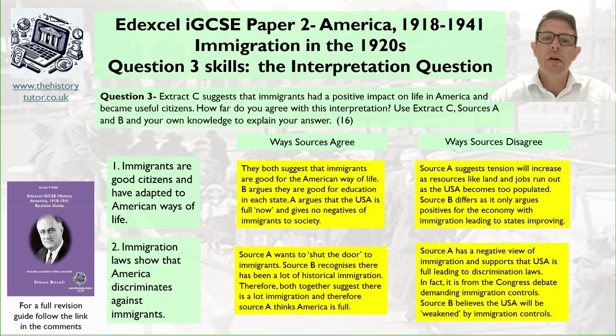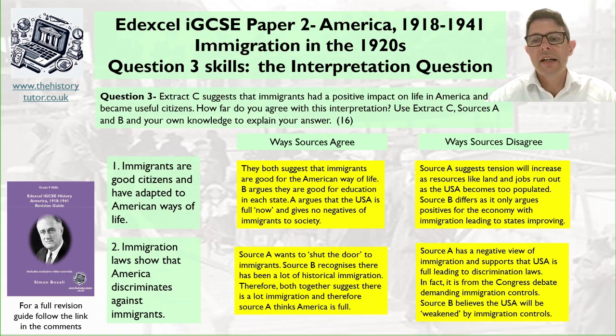Then, the second idea of the viewpoint was that immigration laws showed that America discriminates against immigrants. Maybe that suggests things being unfair. So what about the sources agreeing with that? Source A wants to shut the door to immigrants, whereas source B recognises there has been a lot of historical immigration. Therefore both together suggest there's a lot of immigration, and source A thinks America is full. So both of them are suggesting there is this fullness to America, and that might lead to this negativity of